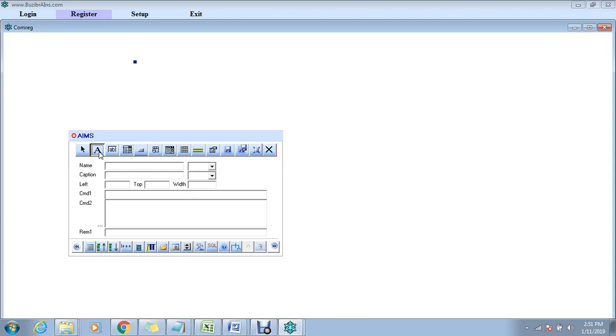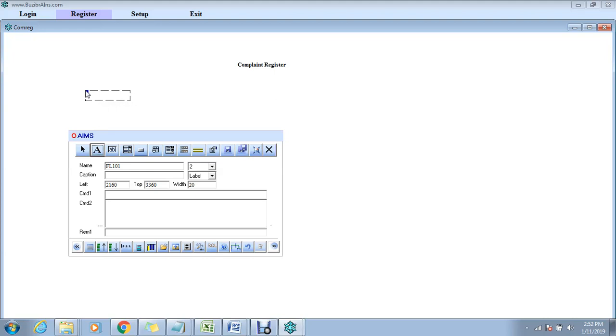Now I'll click on the label and I'll place it somewhere. For that I'll give the caption. And I will save. I will increase the width of the label. Now I will create something called complaint register. Now I have to create a form for complaint register. In a complaint register, there should be one basic key field called complaint ID, and I should know who is entering the complaint and what the complaint is about. So I'll create one by one.